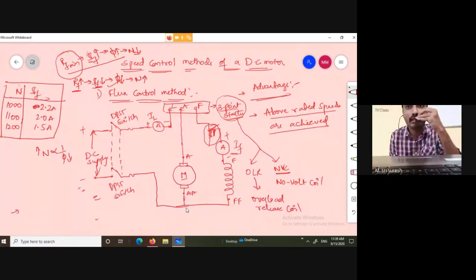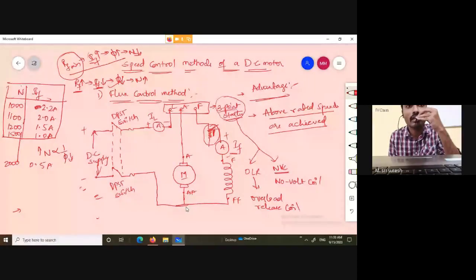Okay, similarly, next we will vary the resistance in steps up to maximum. We will achieve about 2000 rpm. That is at one position. That means at a particular 1.0, we are getting 1500 rpm, suppose. For example, I'm taking this at 1 ampere, we are getting 1500 rpm.